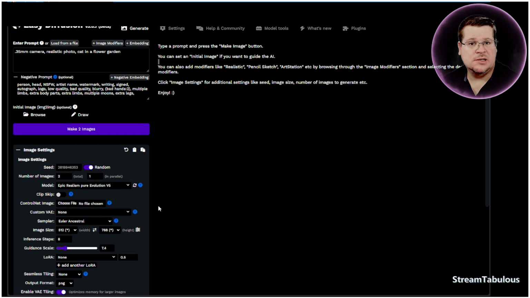Okay, so now let's take a look at Easy Diffusion and talk about a few things. After you've done that setting, I'm going to come in here and we're going to test a couple of things out. I'm going to put the image size down here, 512 by 768. Flip that if you want to. I'd love to see you guys test these settings. Let me know what your render speed is, what graphics card you're running, and what system you're actually running. So I'm going to just put in here